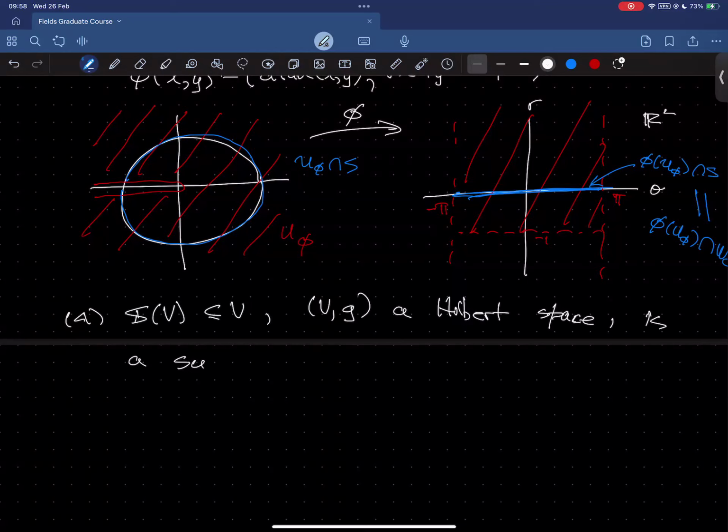This is a submanifold. You can verify this explicitly by taking the coordinates that we talked about last time